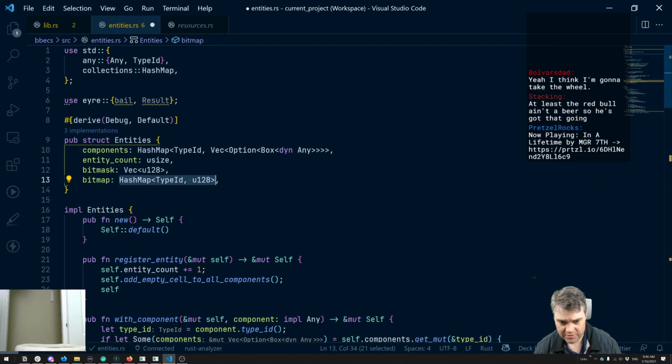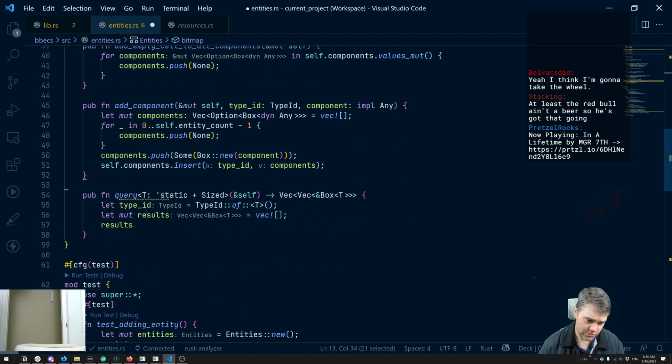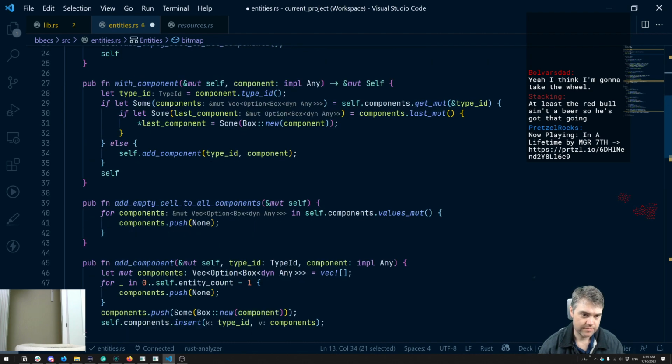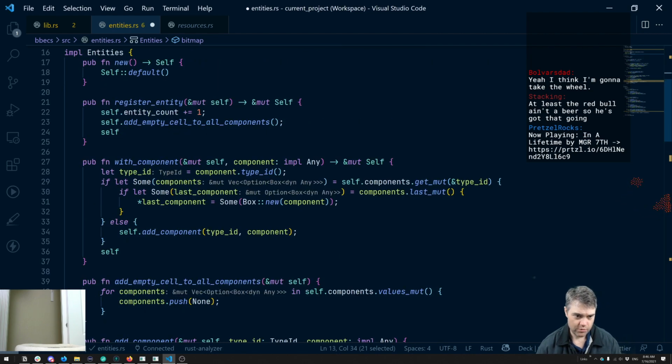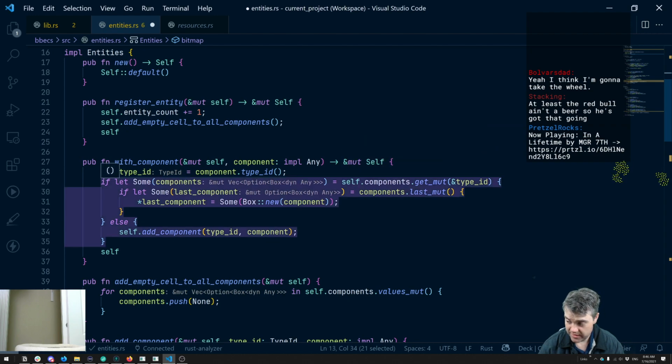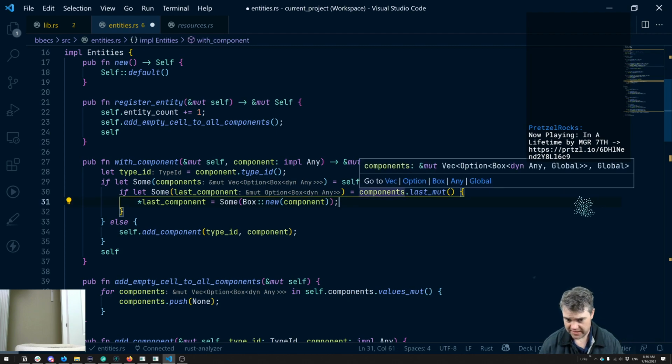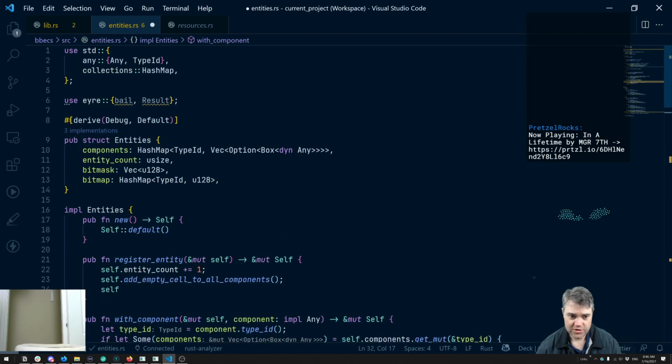So then we need to figure out which one of those it is. With component, the component exists out of components, which means the bit map should exist. We add the component in, that's fine, but we also now need to get the binary number